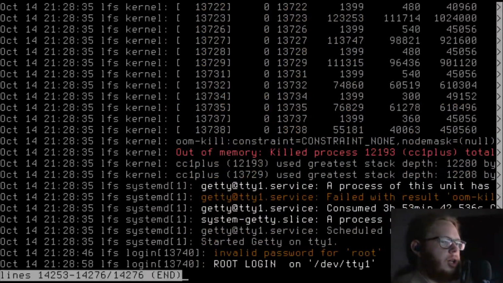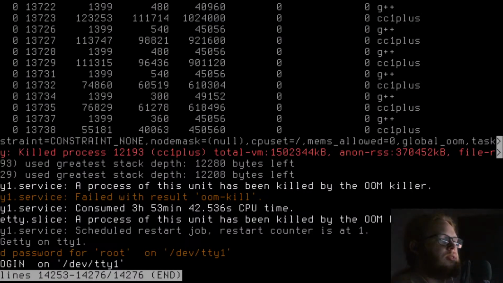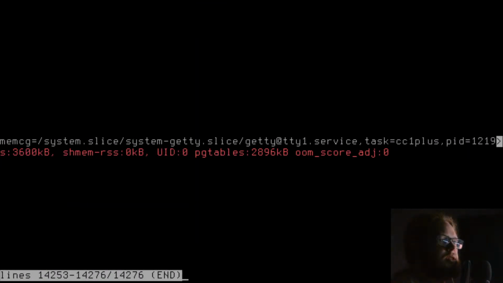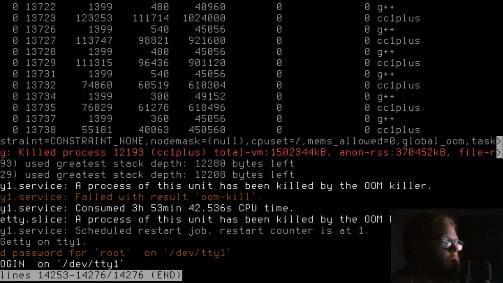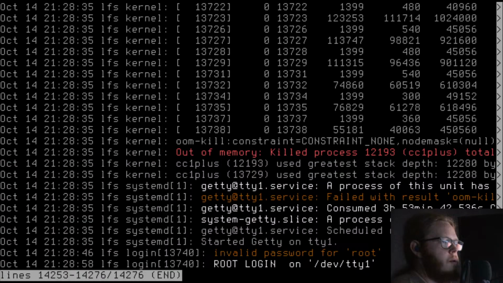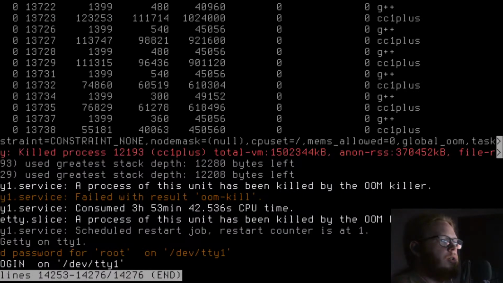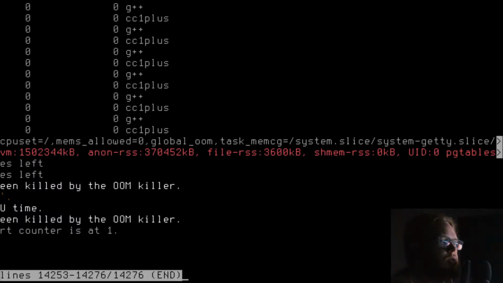Jesus Christ. Right, okay. So out of memory, killed process. Out of memory score objective, what, 0? Non-CPU mems allowed 0.